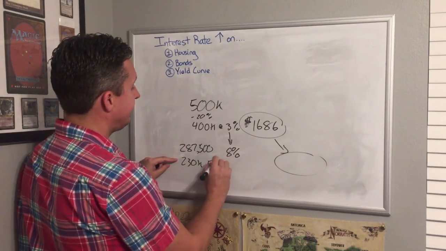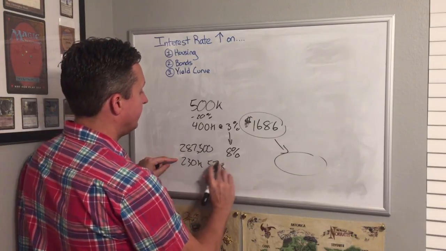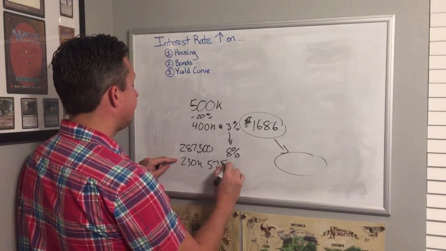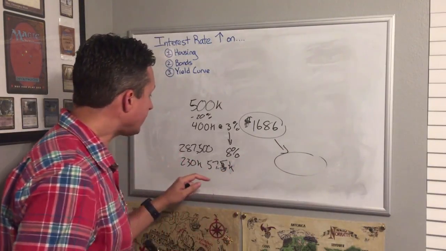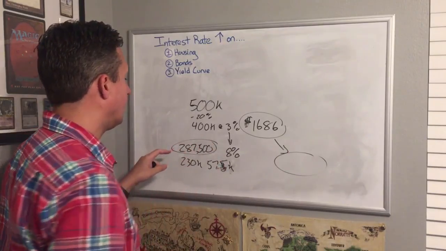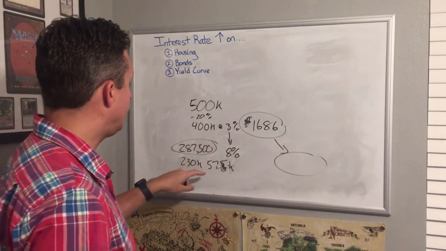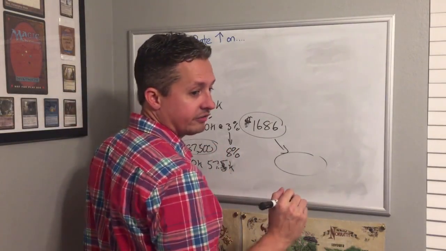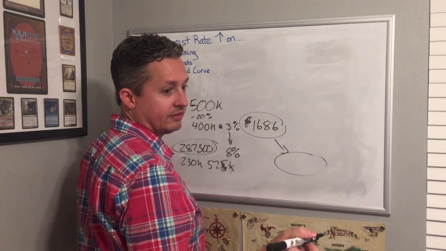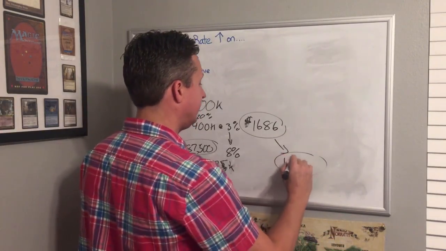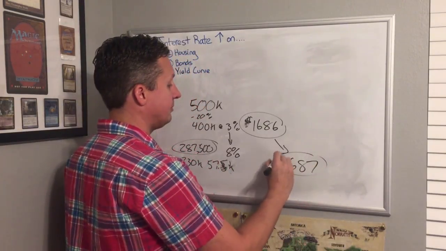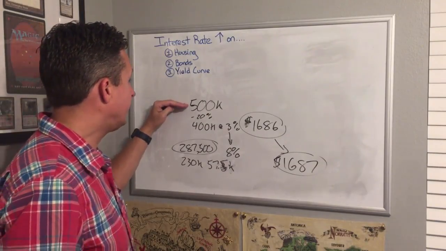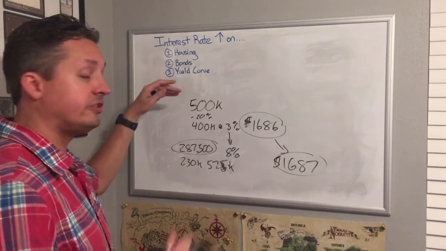And then a 57.5K down payment, right? So this will be the new principal price of the home. And the reason why this calculation matters is because a home that's worth this much at that interest rate is going to cost, let's see, I have it written down over there, 1687. I think it's 1687. So almost the same price, right? So the big takeaway is the $500,000 house is basically going to go down to